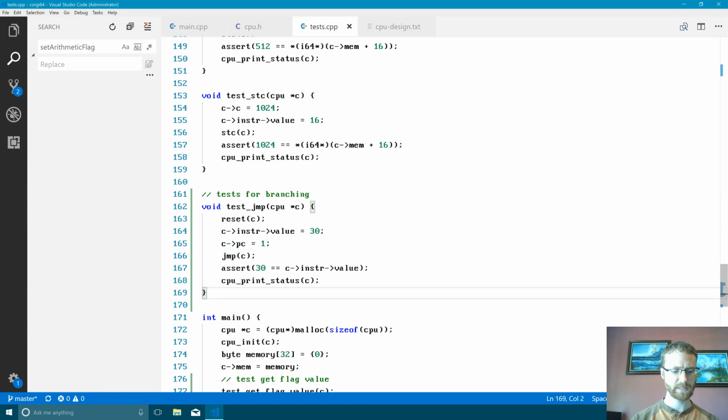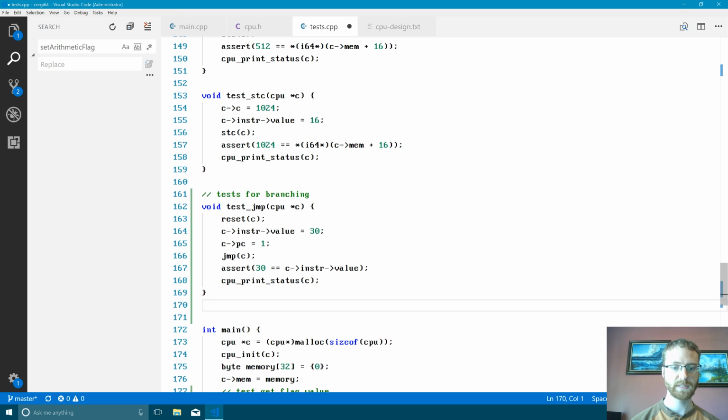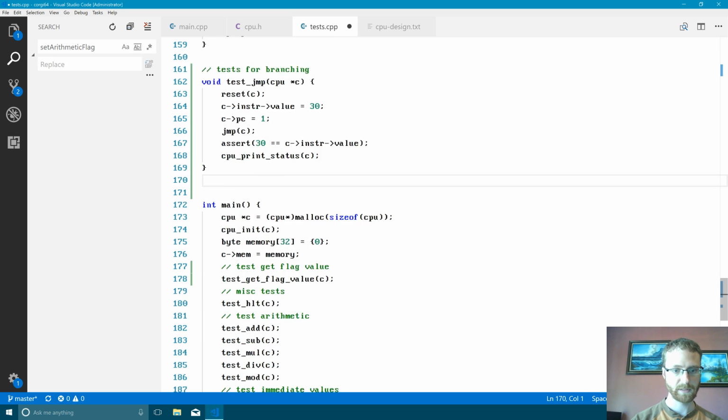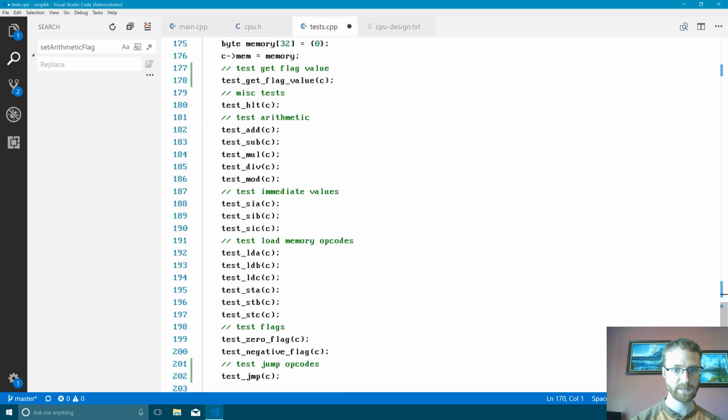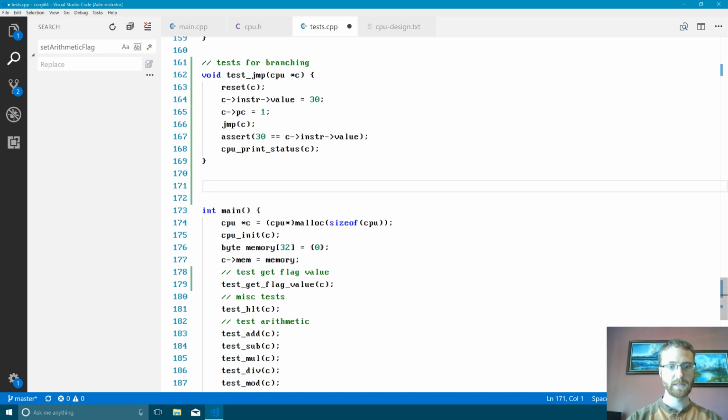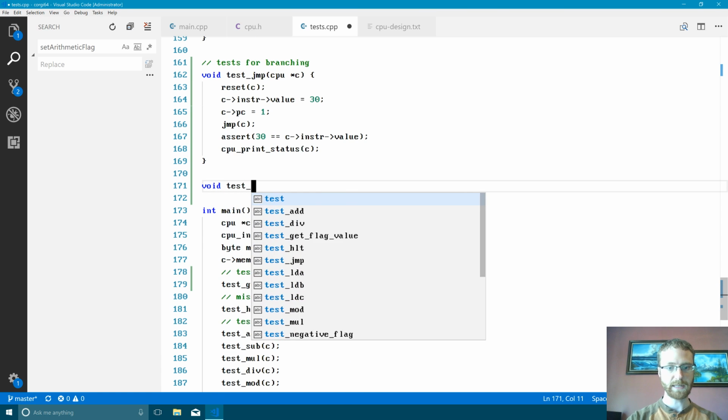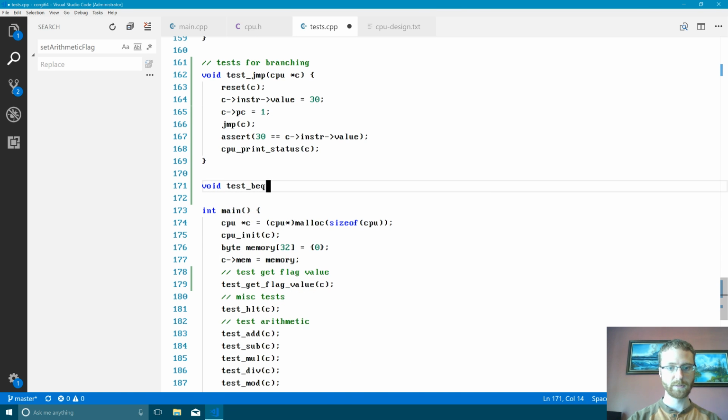Really what it should do is I should actually break this up. Maybe we'll do that next time. We'll break this up into a couple different files, which will allow us to have a little bit shorter file than having just a file that goes on forever. So let's do a test branch if equal to, and we'll give it a CPU,